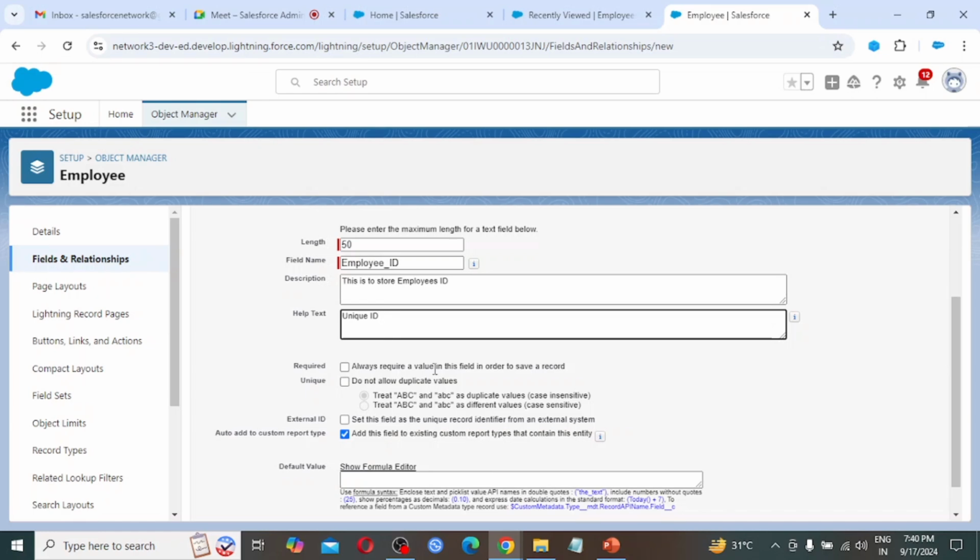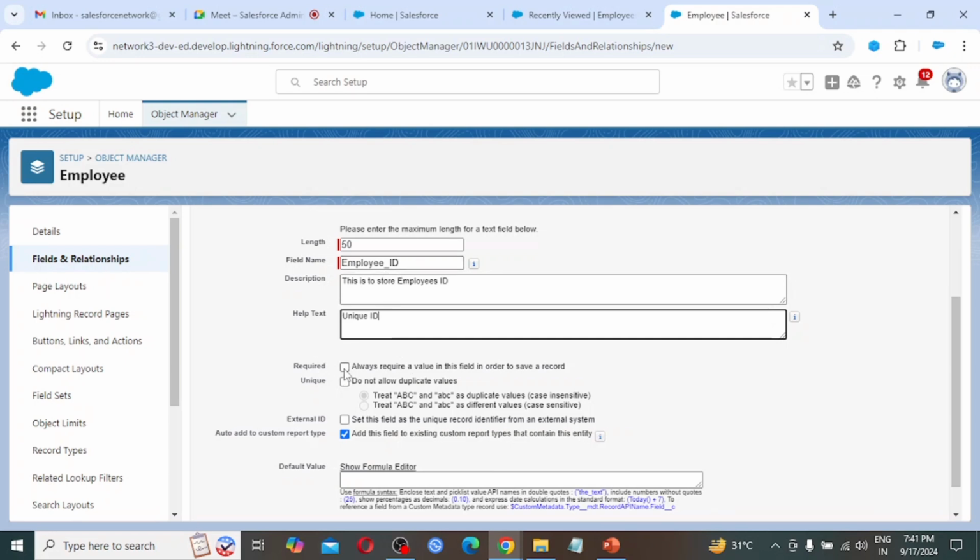It is not going to be duplicate. If you get an employee ID, the next person is not going to get the same employee ID, so it must be unique. Required means always require a value in this field in order to save a record. Until we provide this employee ID value, it is not going to save.